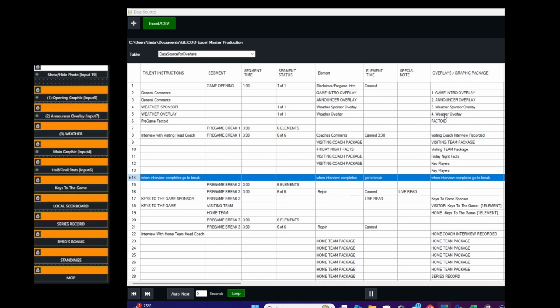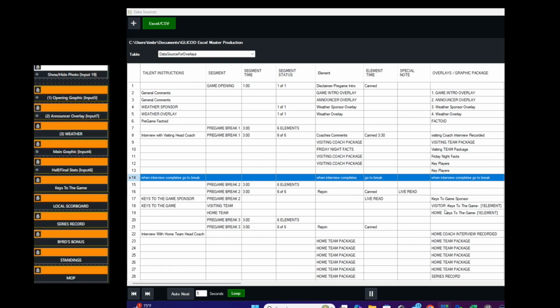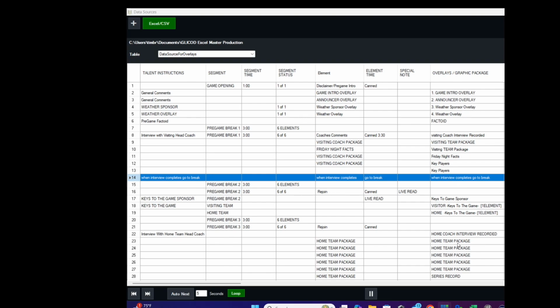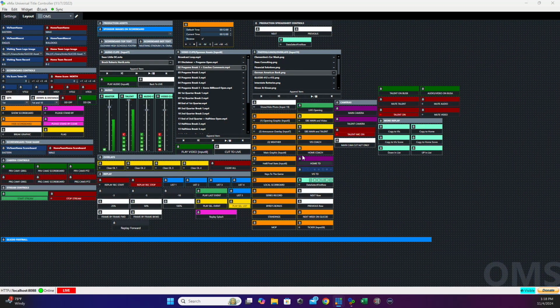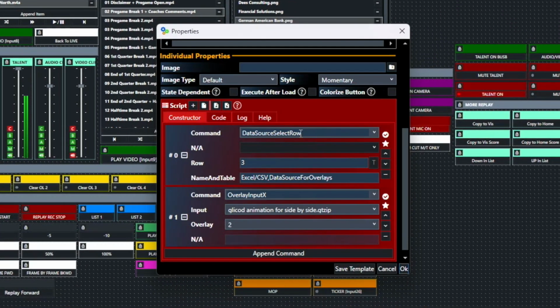So what I'm going to do is for these particular elements that I want to play out, and the ones I'm going to show you are weather overlay, and then the visiting team package, keys to the game, and then the home team package. I actually have set up buttons on my vMix UTC layout that's going to take me to those particular parts of my spreadsheet. And let me show you how we do that. So this is what the button is going to look like for weather. So we're going to click on weather. And what it says here is